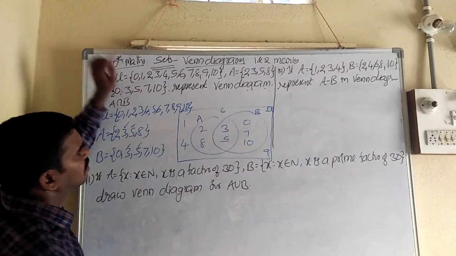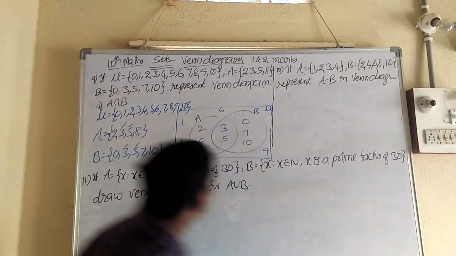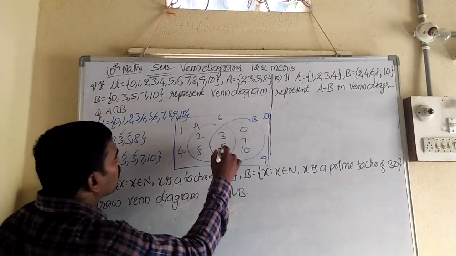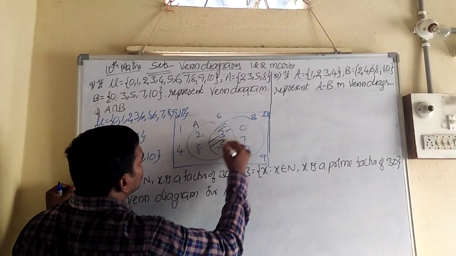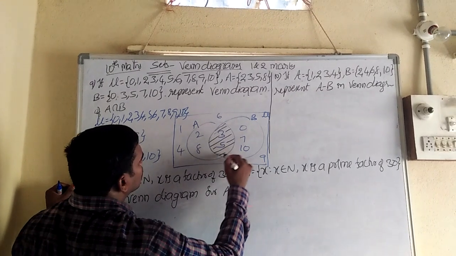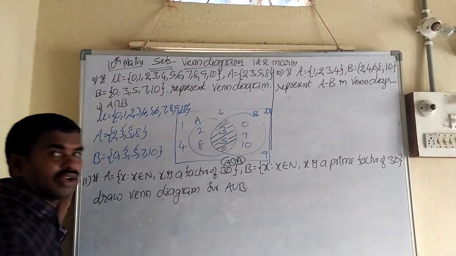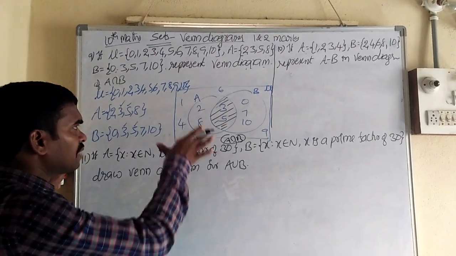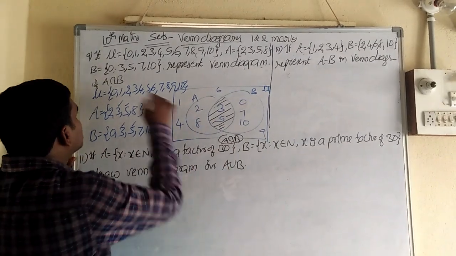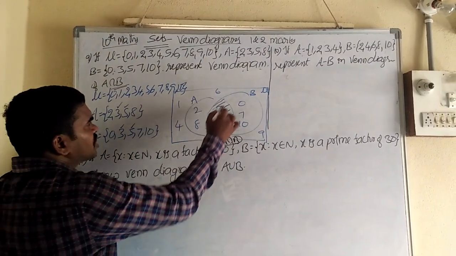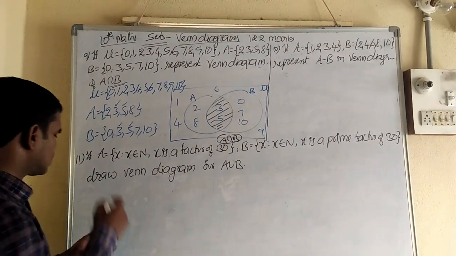9, 10. And the most important thing is to draw the common part, because A intersection B means drawing the common part of A and B. So this is the A intersection B diagram. If you want A and B also, draw the same as this, but shade A and B. Here the question asked for A intersection B, so just shade only the common part. And see the next question.